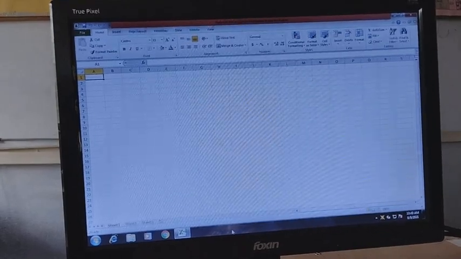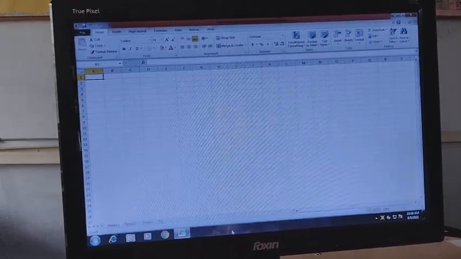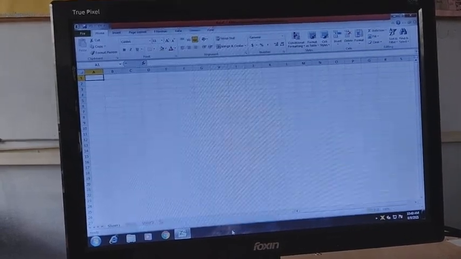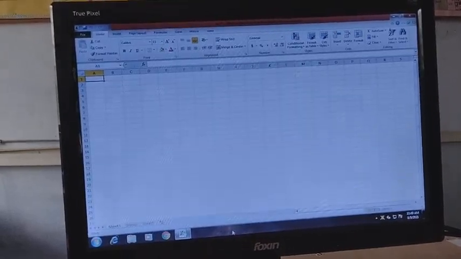For using the different functions, we have to input some data.